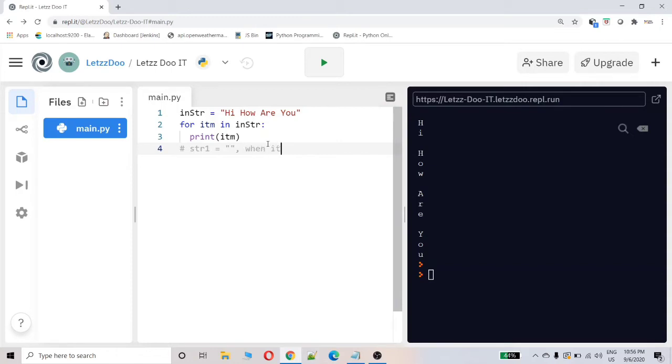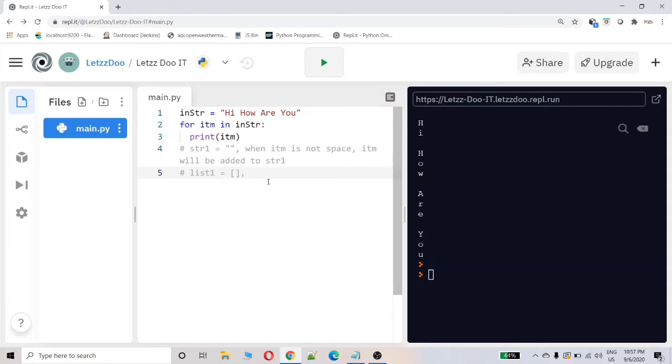So when item is not space, item will be added to str1. Okay, next I will have one more variable which is a list, list1, and it is empty.